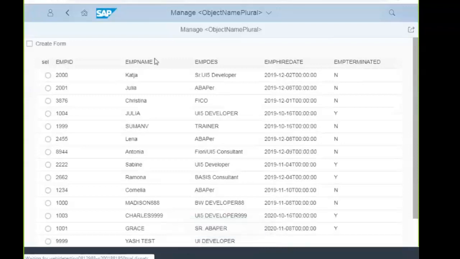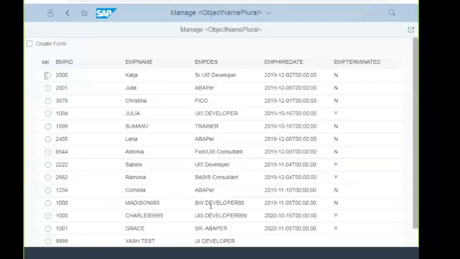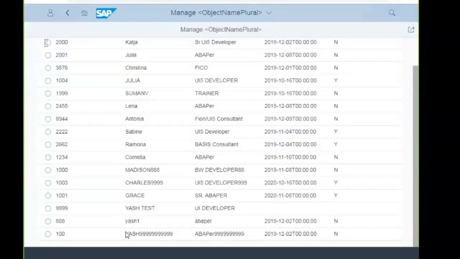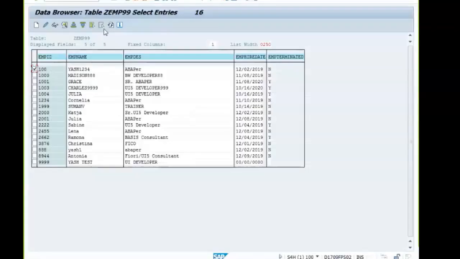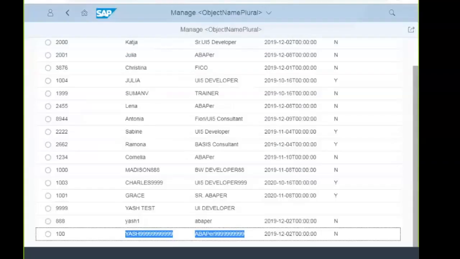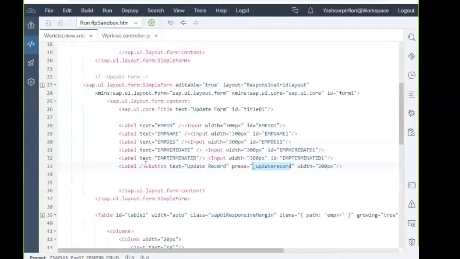Yes. Cache problem. So it got updated. Right, cache problem, server data which is coming. Okay. So delete also follows the same thing. So only thing what I will do here, I will add another button, delete.